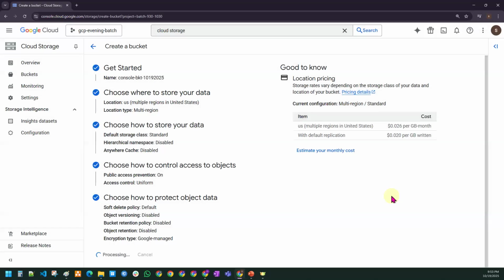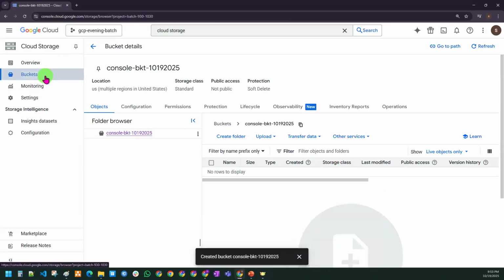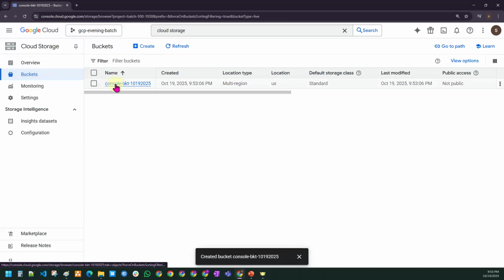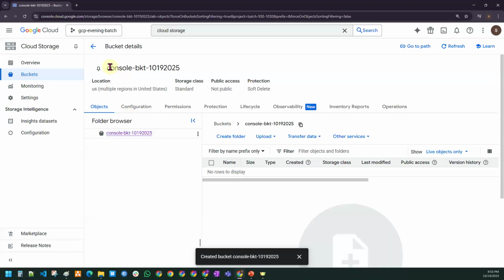Here I'm not talking about multiple options, just wanted to show you how to create a bucket. See here guys, earlier we did not have any bucket. Now we are able to list down the buckets. I'm able to create a bucket also. Click on this bucket. So this is how you have created one of the buckets.